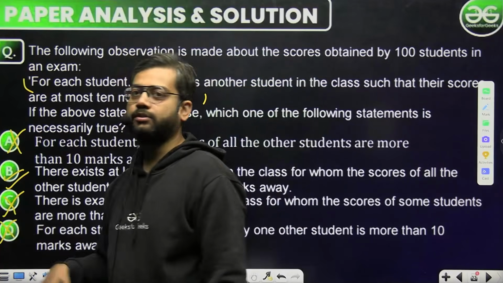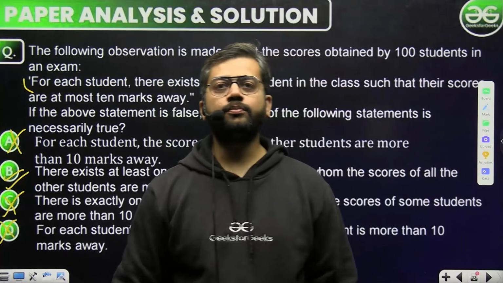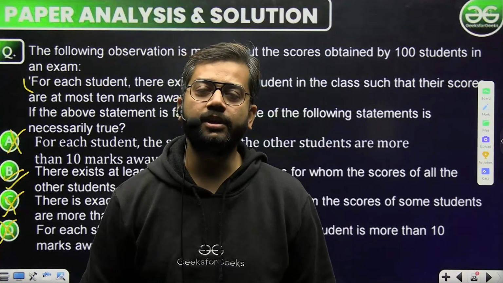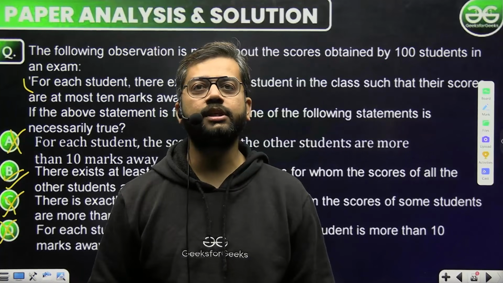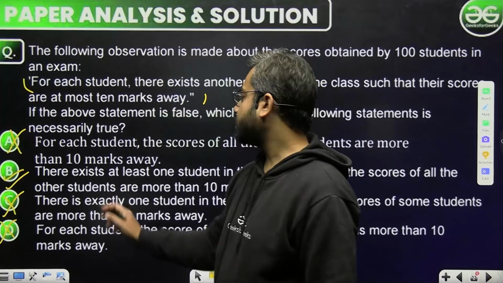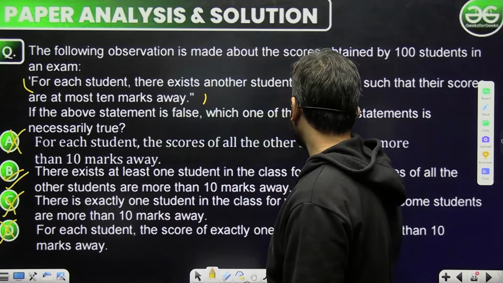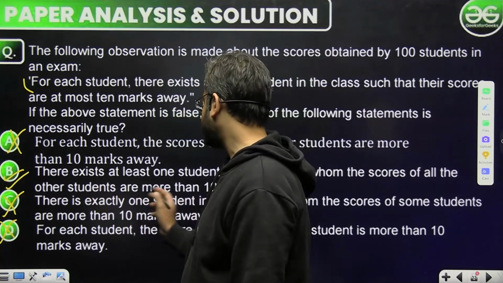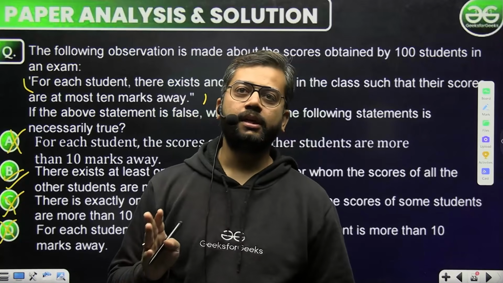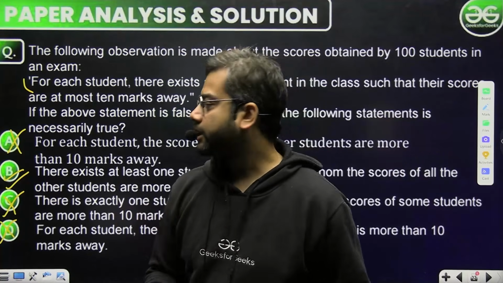ये तो पक्का गलत है, अगर सी गलत है तो डी भी अपने आप में गलत हो गया, ठीक है। तो जो मोर देन और लेस देन का केस बनता है हमेशा आप ध्यान रखिएगा, ये बिल्कुल उसी के तरीके पर जाएगा। इसमें कह रहा है कि there exist at least one student in the class whose score is all other student more than 10 marks away, ठीक है। ये ऑप्शन बिल्कुल आपका सही है।